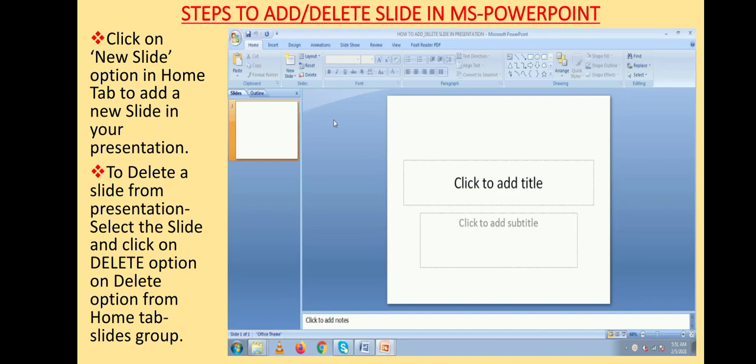Steps to add and delete a slide in the presentation. As I told you earlier, a PowerPoint presentation consists of a number of individual pages called slides. When you open a presentation, by default, a single slide comes in your presentation. You can add as many slides as you want by following the steps.